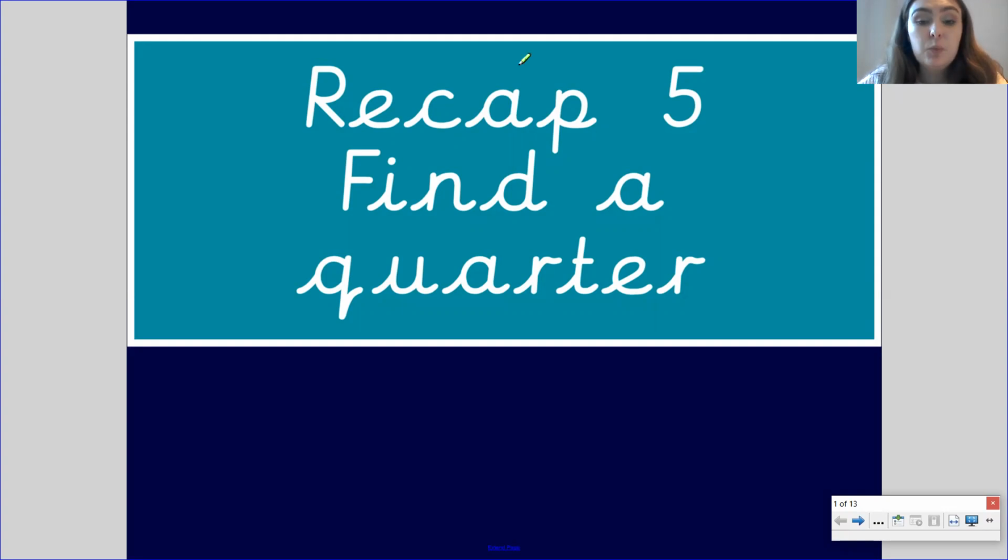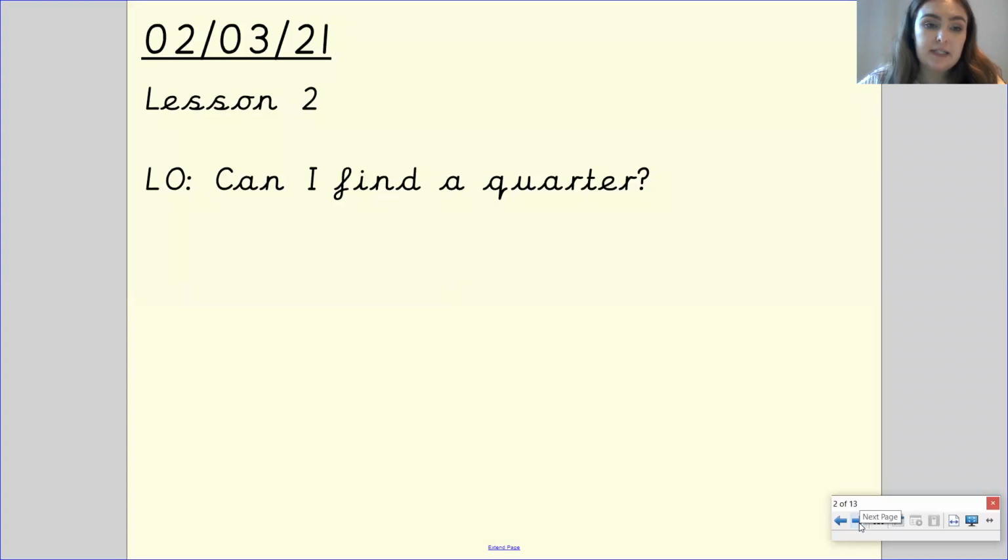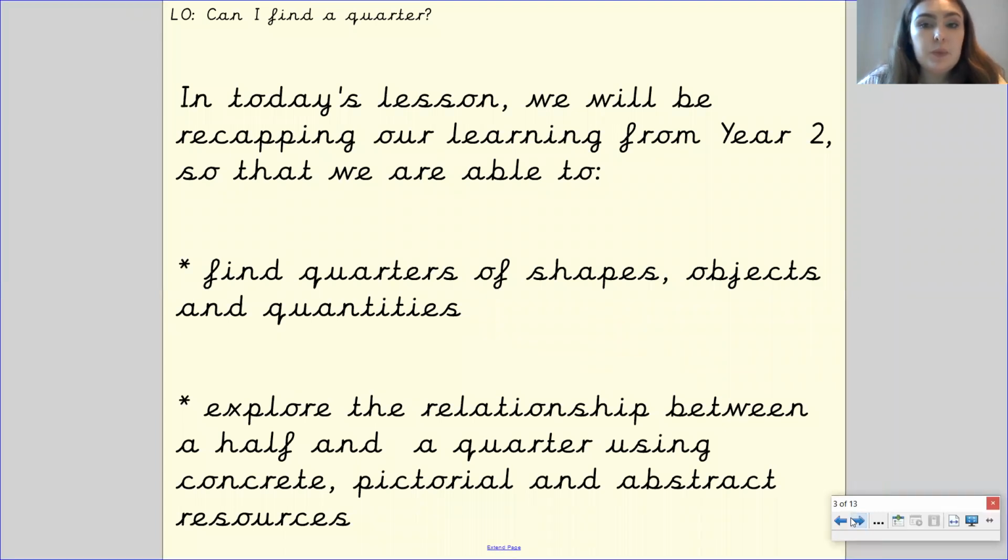And in today's session, we are going to be looking at finding a quarter. So our learning objective for today's lesson is, can I find a quarter? In today's lesson, we will be recapping our learning from year 2 so that we are able to find quarters of shapes, objects and quantities, and to explore the relationship between a half and a quarter using concrete, pictorial and